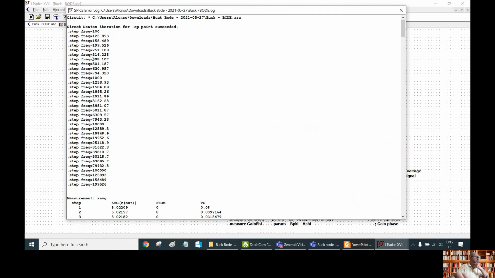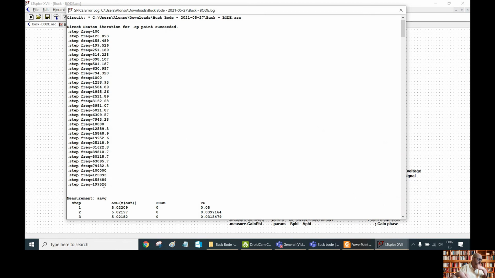First we can see, for example, the different frequencies at which we are going to inject our perturbation at the input, from 100 Hz to 200 kilohertz approximately,